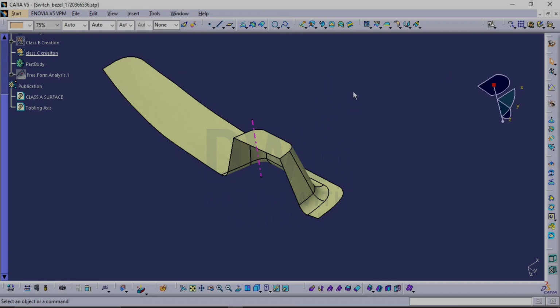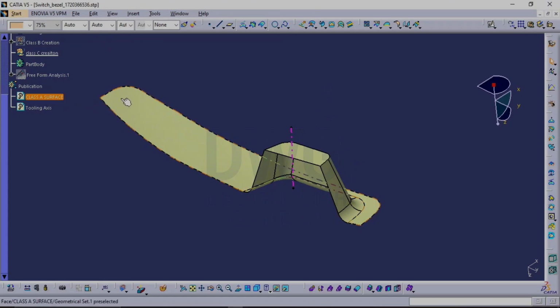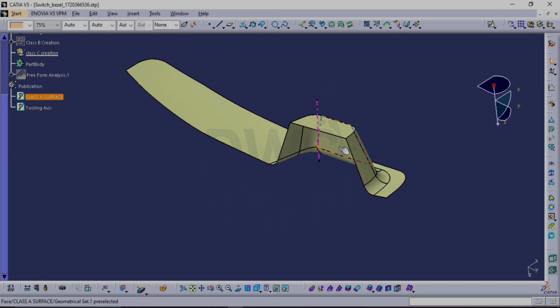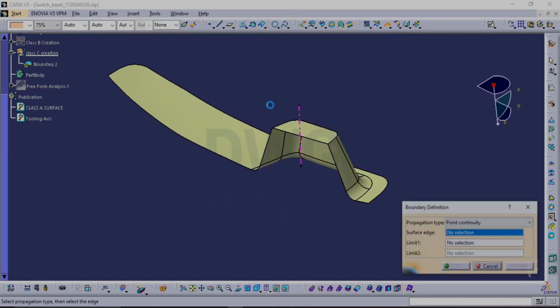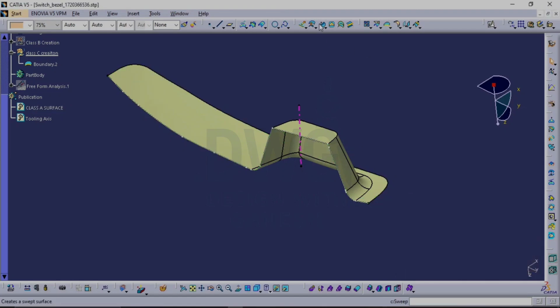Okay, so what we're going to do is create the class A in 2 different segments, and then we will be trimming off or even joining them. Okay, let's click on this boundary, select this. I want the boundary from this edge to this point, this vertex to this vertex. Click on OK and click on this draft now